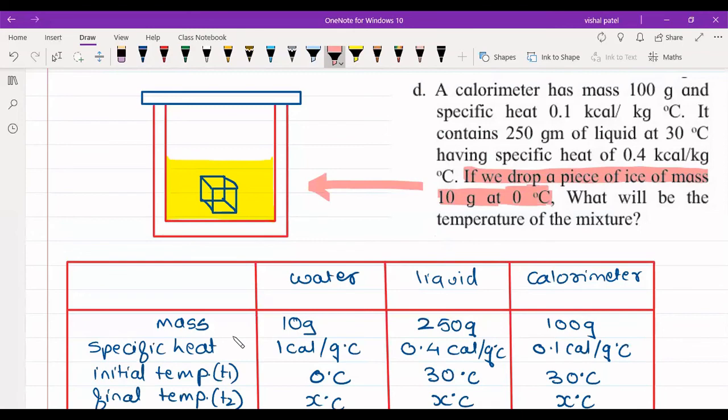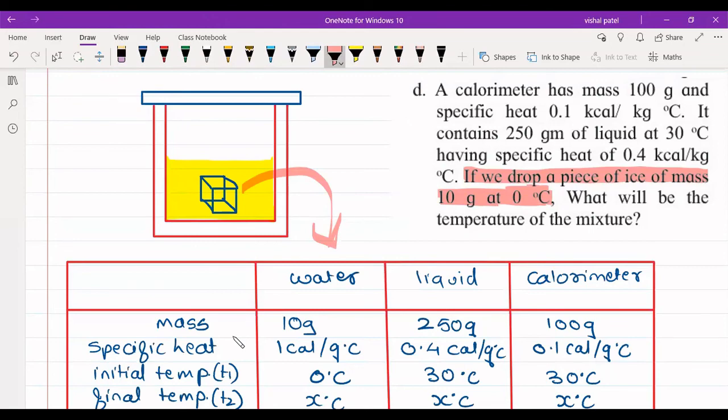Yes. Now, students, what will happen when you put ice into that? The ice is going to melt. Ice will melt, and what will it form? It will form water. So what have I done? In the table I have written water. See here, I have not written ice. I have not written ice because ice is being converted to water. Is that clear?